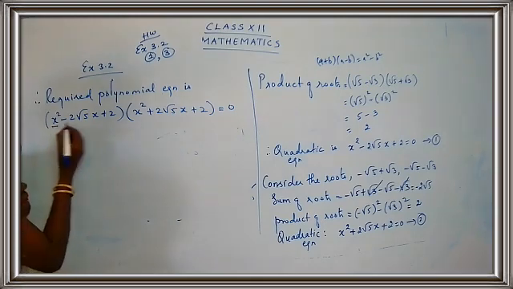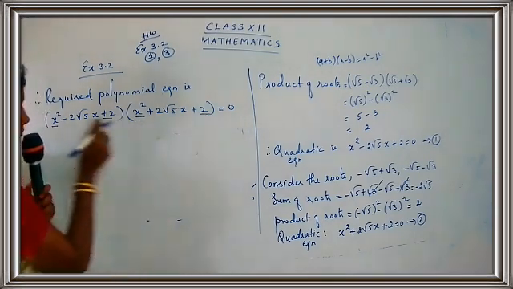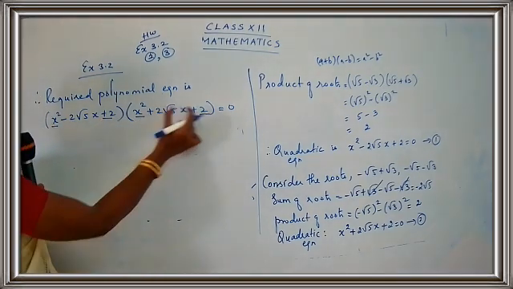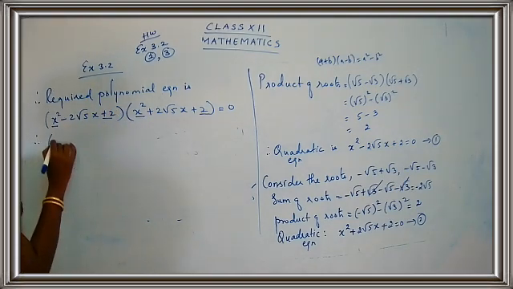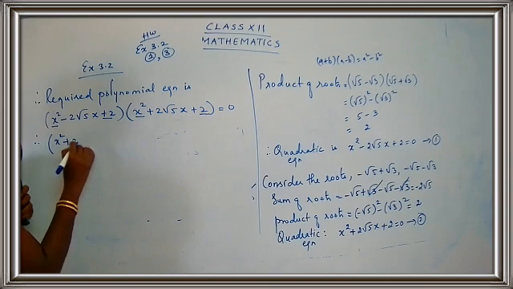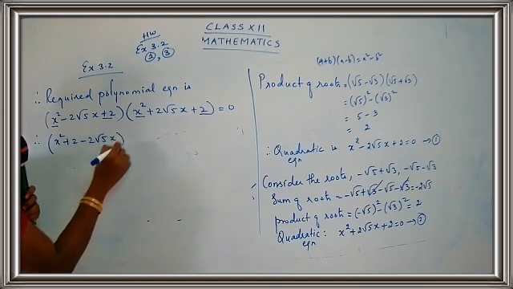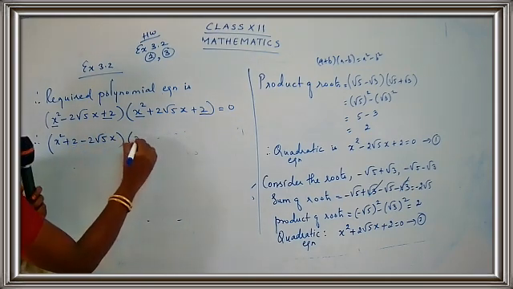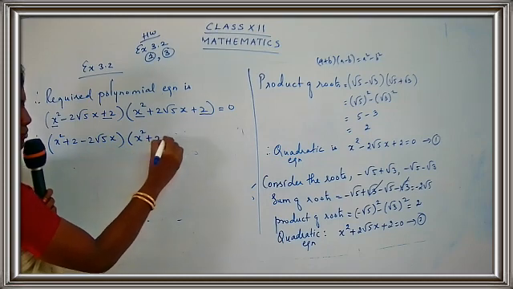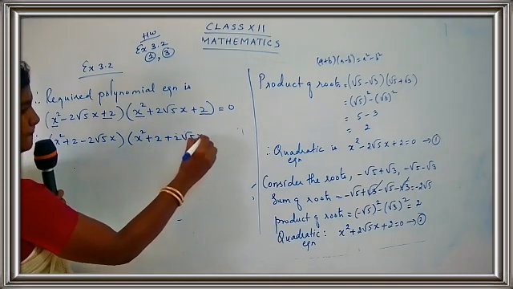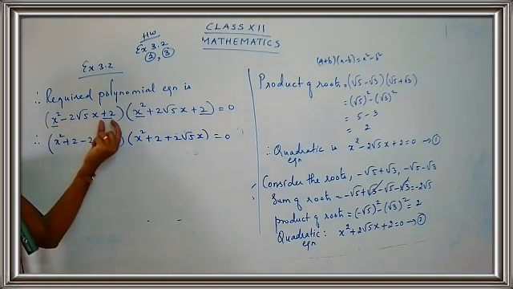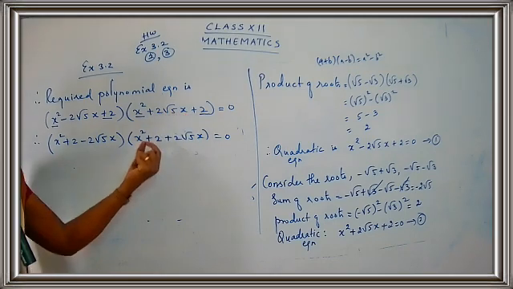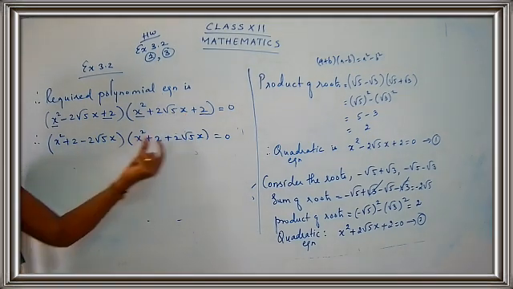Here, children, we have these terms, x square plus 2, x square plus 2. So I am going to write down these terms together. See how I am going to write down. Therefore x square plus 2 minus 2 root 5x, getting my point? And here x square plus 2 plus 2 root 5x. We have just arranged it. I have just arranged x square plus 2 together, x square plus 2 together, and this is minus 2 root 5 and this is plus 2 root 5.